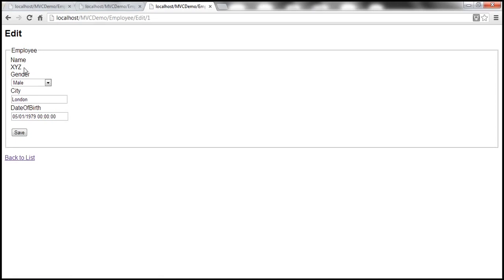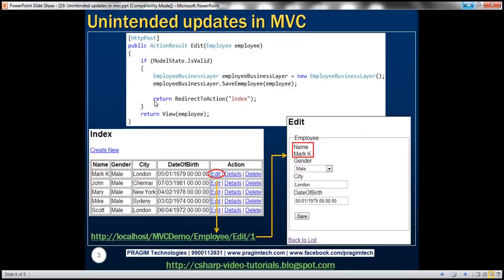So in spite of us making this field read only, we are still able to hack into the application using Fiddler and generate that post request, change whatever values we want to change, and post that data back. And how is this possible? Because of the way we have implemented this code. Look at this controller action method. This controller action method is receiving this employee object, and the default model binder within MVC, what it does is whatever data that we post, it's going to take the data out of that request and bind that with this